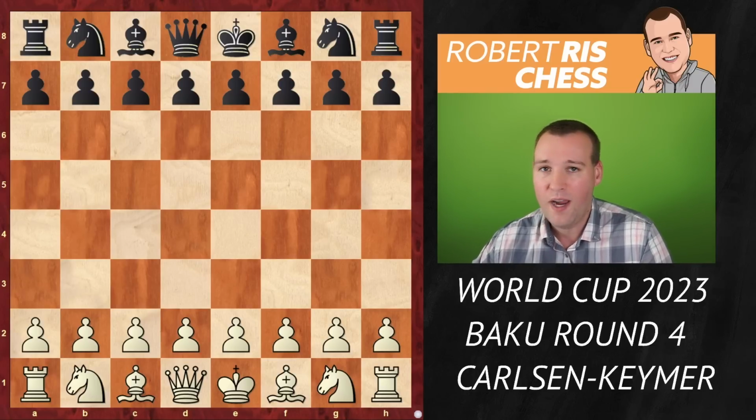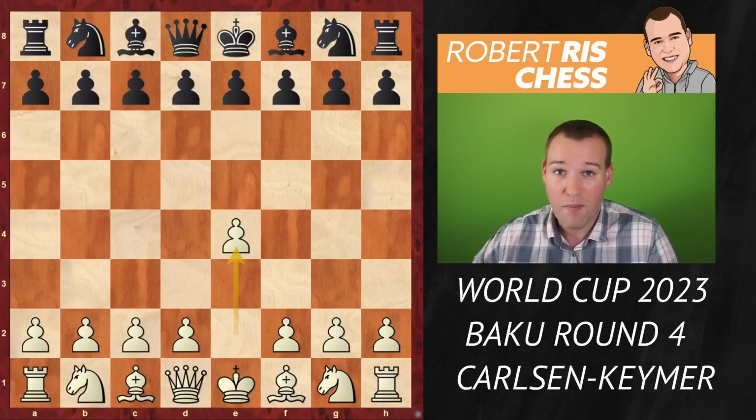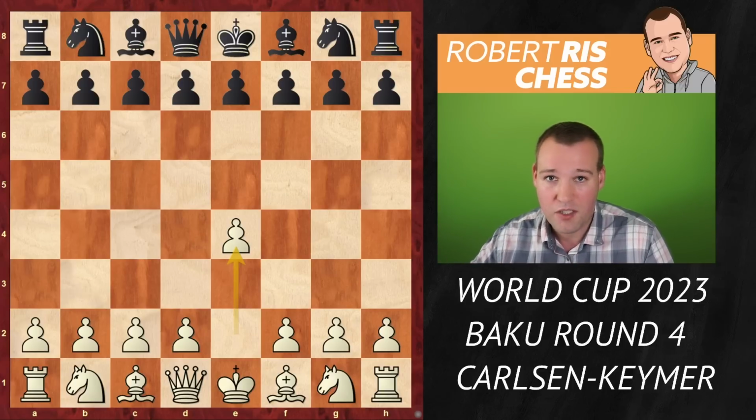Magnus Carlsen, playing with the white pieces, plays the move 1.e4, and just make sure to subscribe to the channel if you want to see what's going to happen in this game and all the other exciting matches in this